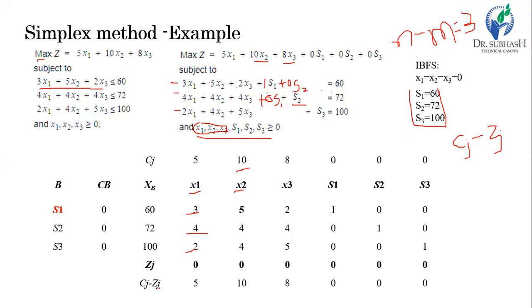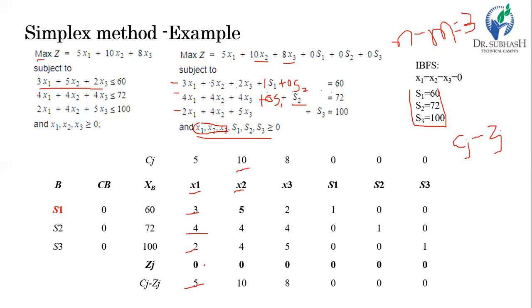So here, by manufacturing 1 unit of x1, what do we get? We get a net effect of an increase of 5 units. Why is it increased? Because the value is positive here. So if we choose x1 as our final solution, or produce 1 unit of x1, we get 5 units of profit, or it is capable of increasing our objective function up to 5 units if we select x1 as a basic variable. This is the practical meaning.